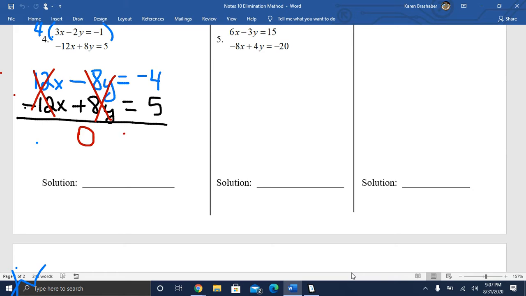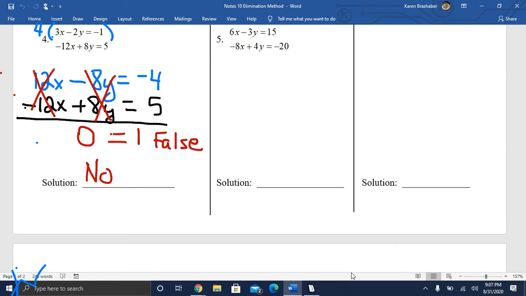So 0 will be my left side of the equal sign. And then negative 4 plus 5, that will add to give me 1. Now I have no variables at all, and I have this false statement. 0 does not equal 1. And so when that is the case, all the variables eliminate, and you end up with a false statement, then